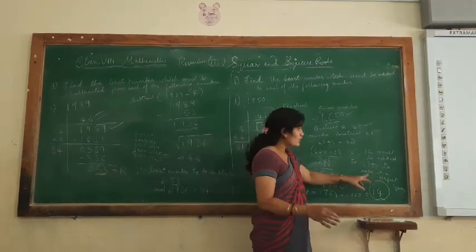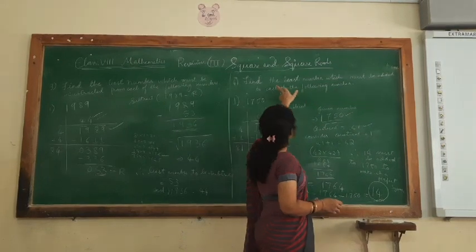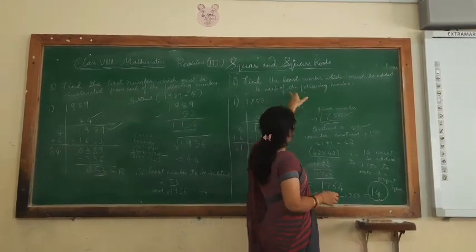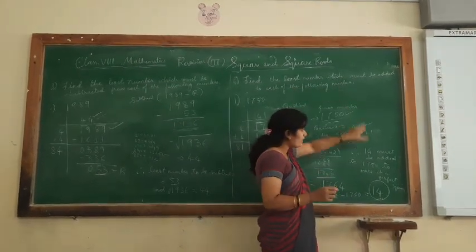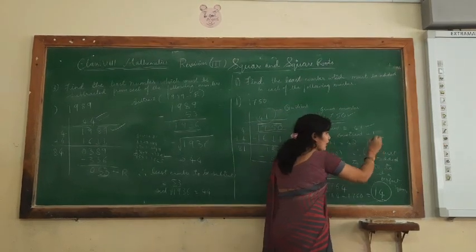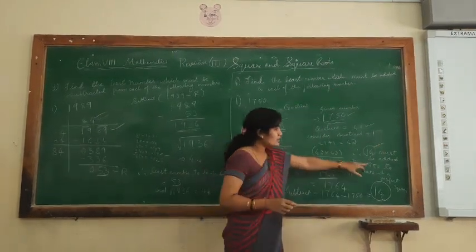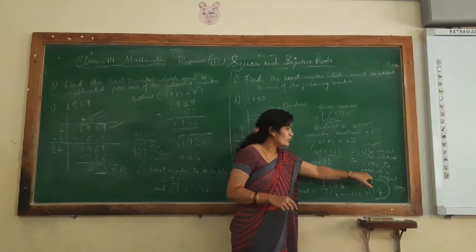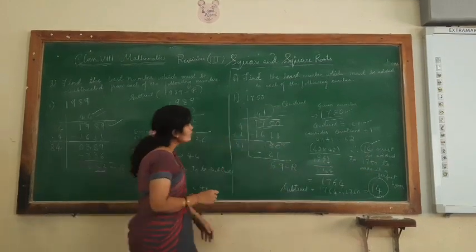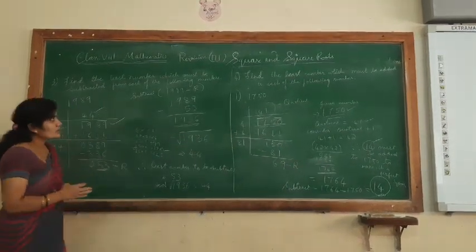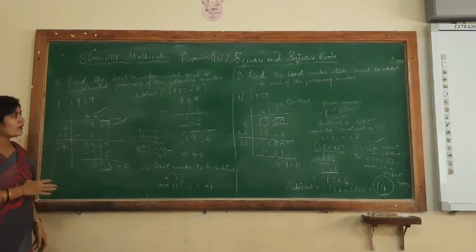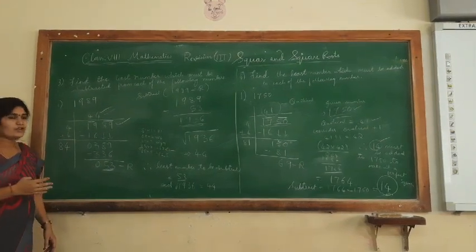So therefore we can say what is given in the question. Find the least number which must be added to each of the following numbers. What must be added? 14 must be added to 1750, that is the given number, to make it a perfect square. So this ends the concept of square and square roots here, and in our next video we will move on